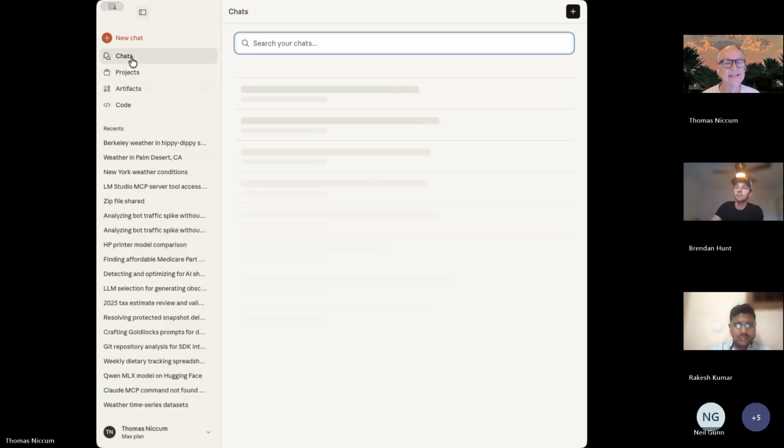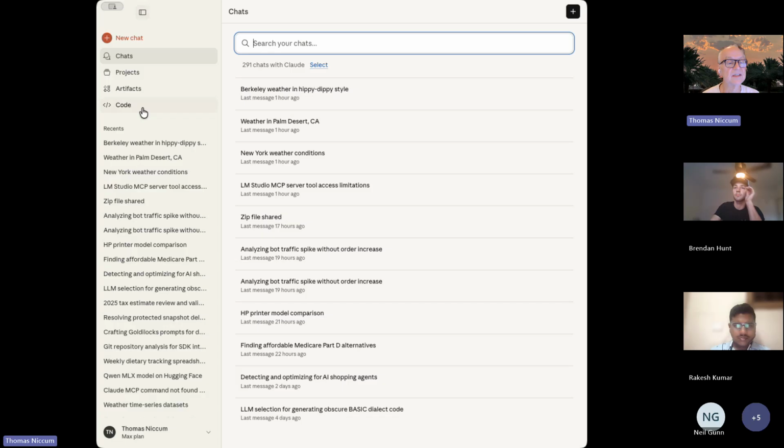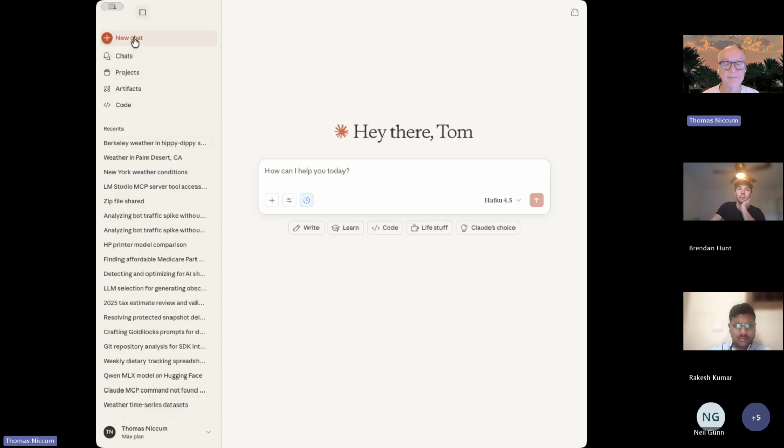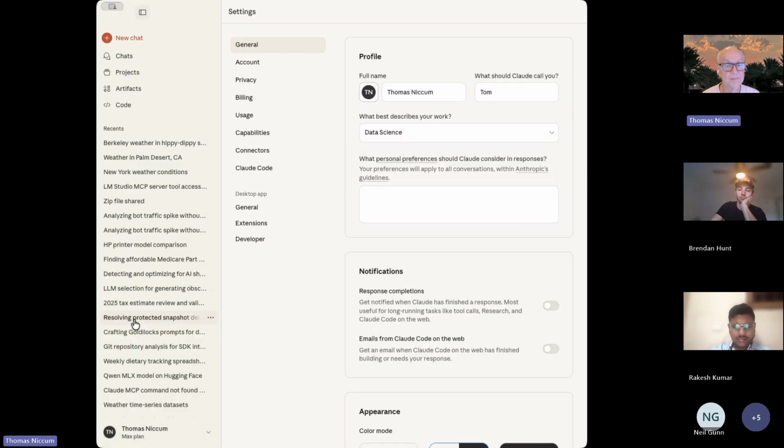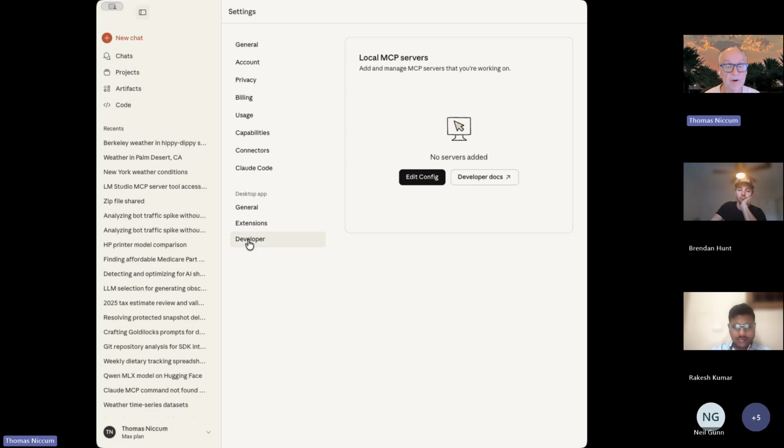And let's see, we'll do a new chat. To install a server here, we go into settings and developer, and we see there's no servers added currently. So when in the developer mode, it's basically local MCP servers. Just like LM Studio, we can edit the config,